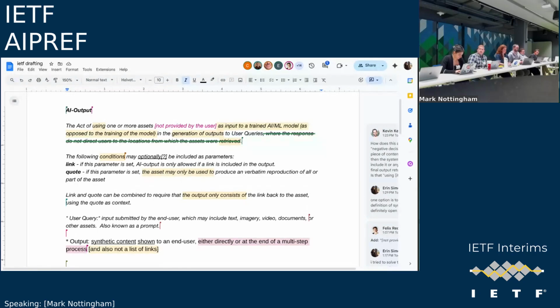So if that is the case, then agentic use cases would be included. But if the end result is not an output delivered to a user, then this category would not affect it.